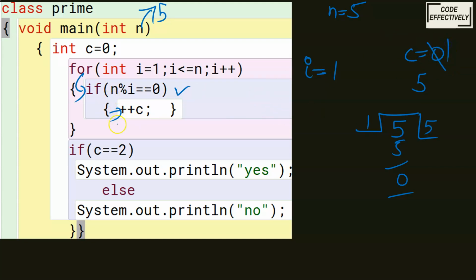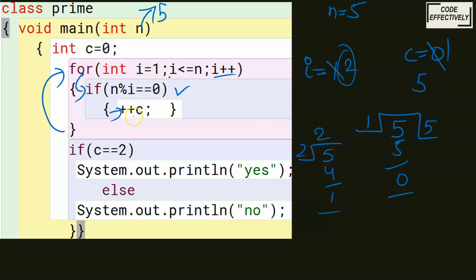Okay, again now the loop will go up and it will increase with i++. So now the value of i gets increased to 2. After this, it will check i less than or equal to n. What is the value of i? 2. 2 is less than or equal to 5. Condition is true, so it will come inside the for loop. It will check again if n modulus i equals 0. What is the value of n? 5. Value of i is 2. 5 divided by 2, let's see, 2 2s are 4 and it gives you a remainder 1. 1 is not equal to 0.